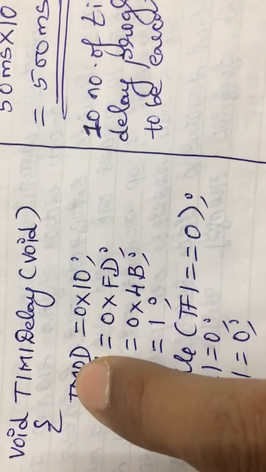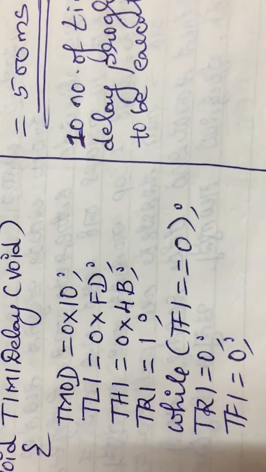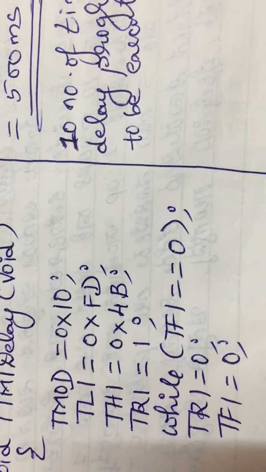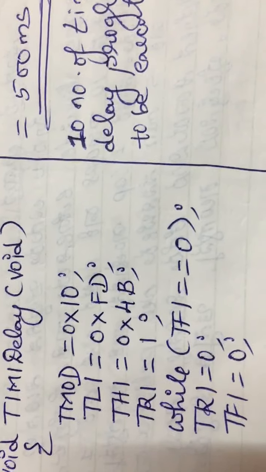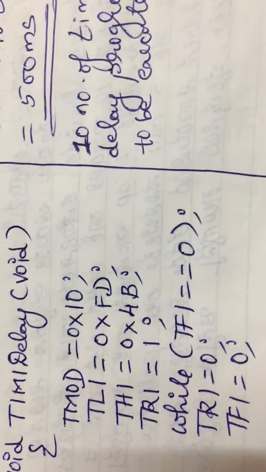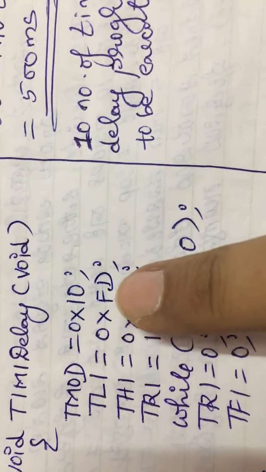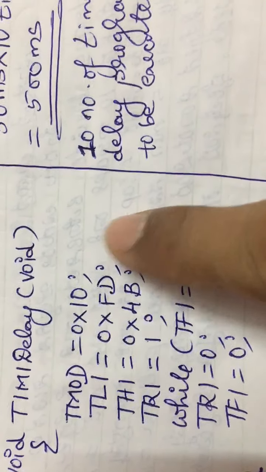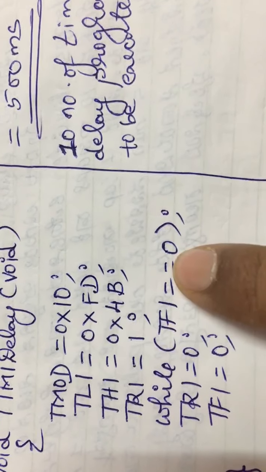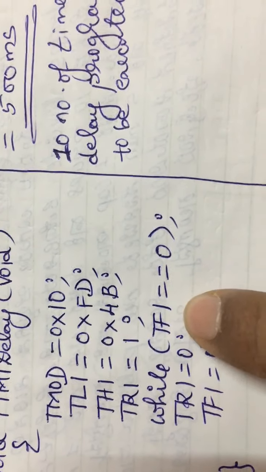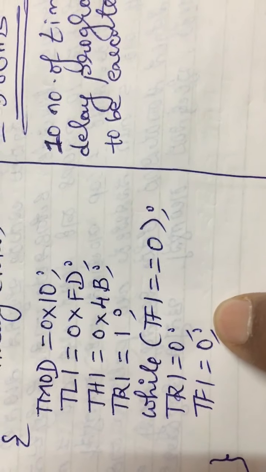When the delay subroutine is called, it will move to the delay subroutine. So get the value of TMOD. TMOD is the one through which the 8051 comes to know that the programmer is using this timer and this mode. Here timer 1 and mode 1 are used. So get that value in TMOD. Then TL1 is equal to these values, with respect to 50 milliseconds. Take those values in TL1 and TH1. Start the timer, check the value of TF. If it becomes equal to 1, stop the timer and make the value of TF equal to 0.